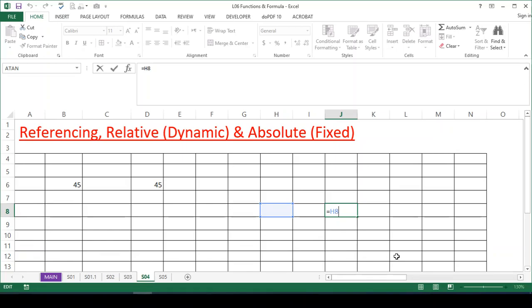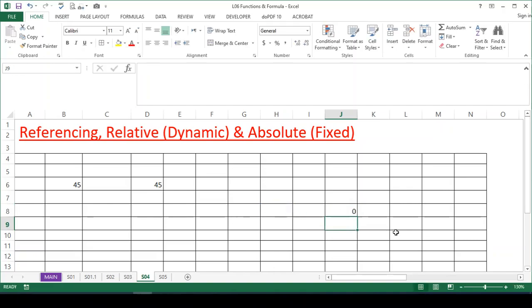So how can you analyze the change? The change has a relation. Earlier, the data in D6 was available in the same row and two columns before, that is to the left side. Similarly, in J8, the data is for the same row and two columns before.